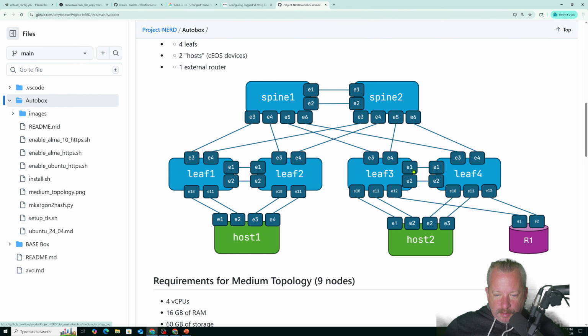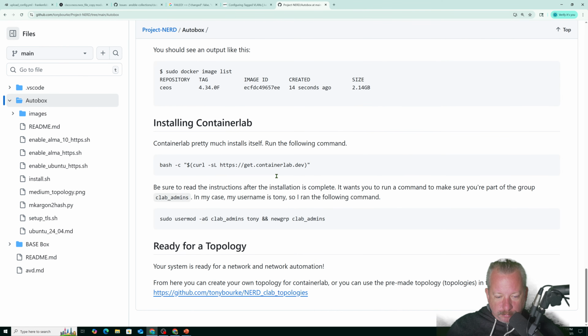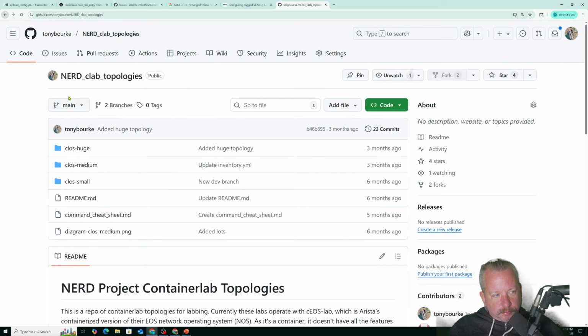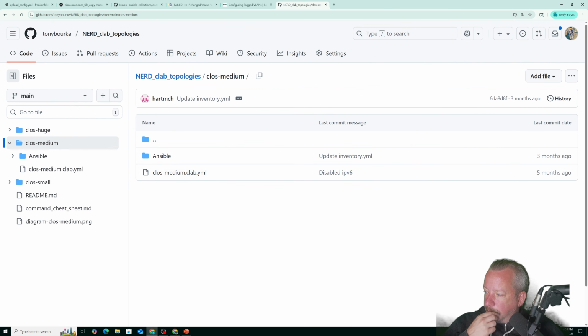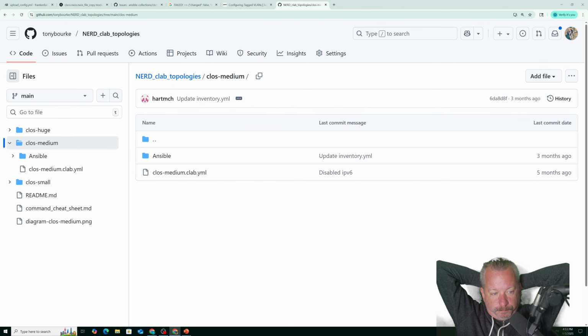So you've got this simple topology: 2 hosts, 4 leaves, 2 spines, and an external router. And it'll run in this little amount of resources, and you can do all sorts of labbing with it. This tells you how to install the stuff, and then there are some topologies. I've got huge, that's the 50 leafs, and then I've got medium. So if you want to play around with containerized EOS, that's, I think, the best way, because you can do it at home. You don't have to go to Arista to do it. So anyway,